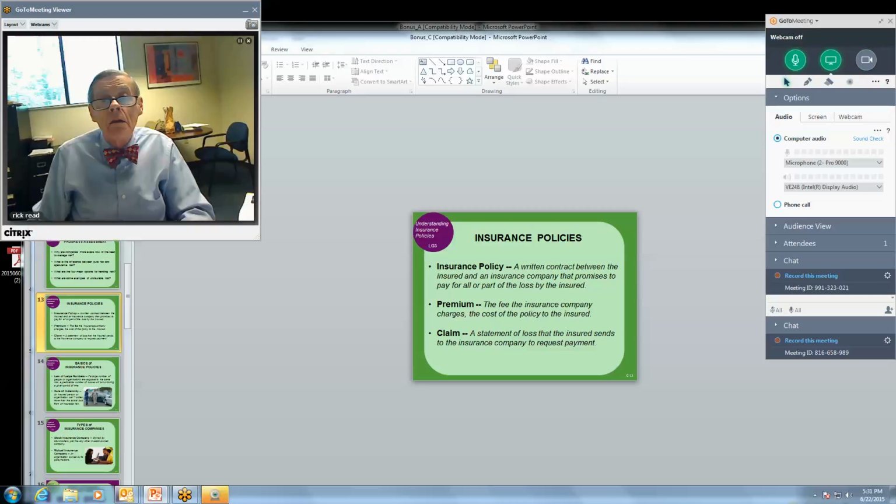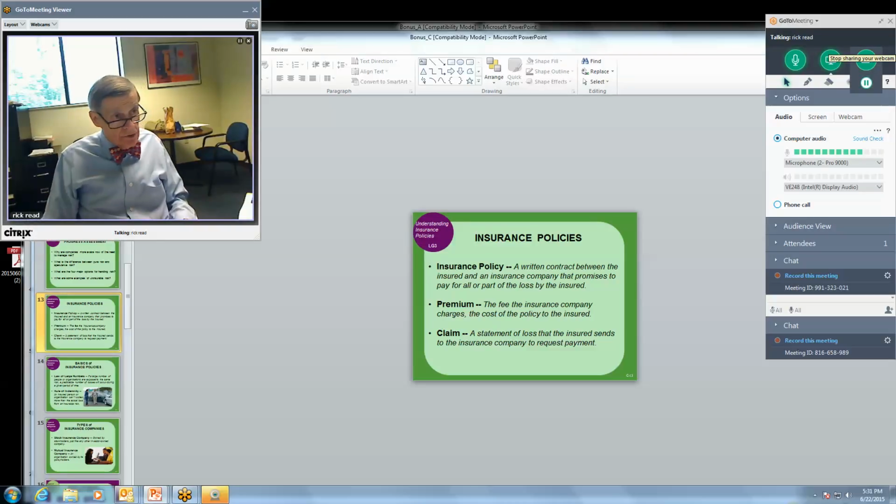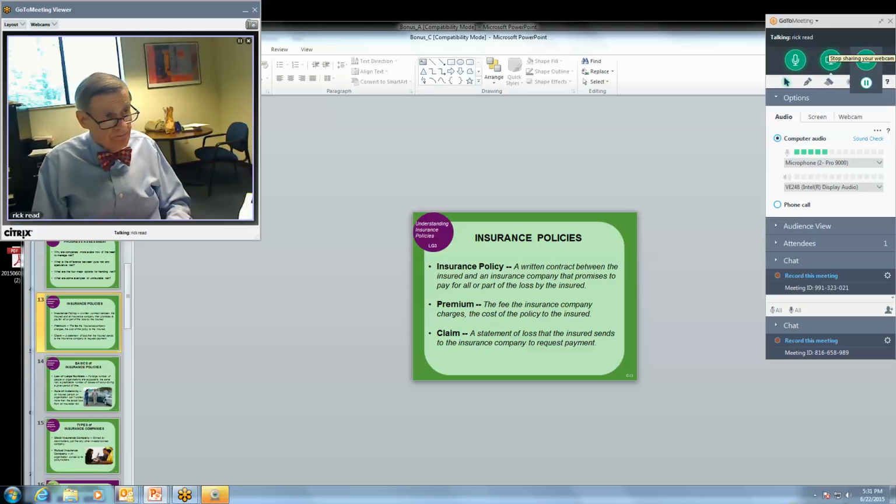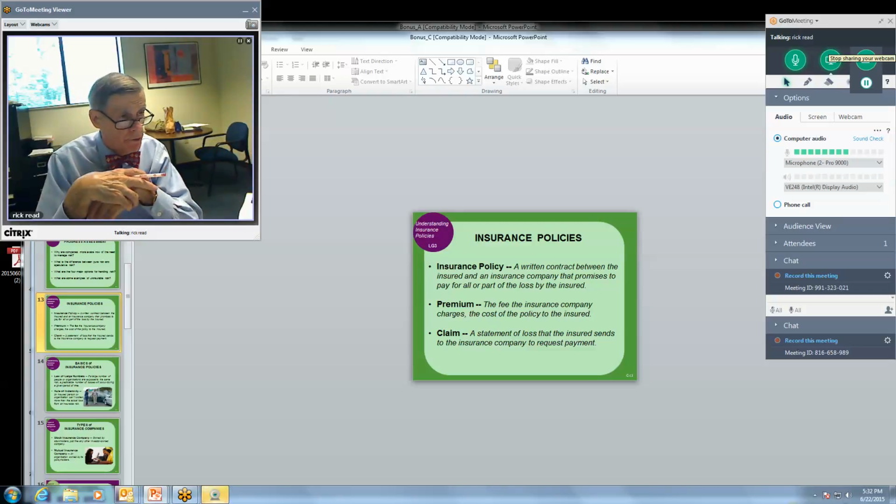Insurance policies, we all have them to some extent. If you buy a home, and you have a mortgage, most banks or lending institutions will require you to have homeowners insurance. A lot of times that homeowners insurance is factored into your mortgage. If you have enough down payment, you can ask to take care of paying your insurance separately, and they'll let you do that. They don't like to let you do that because they make money on that. But that's beside the point.